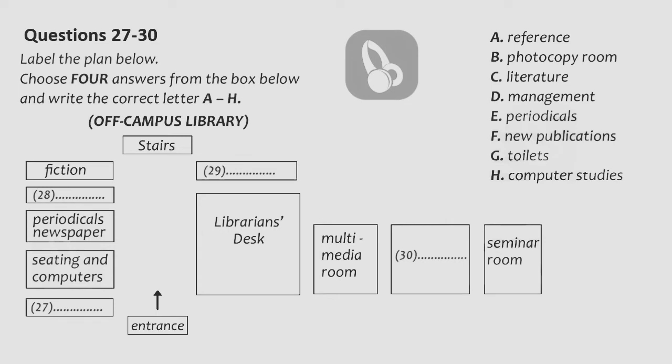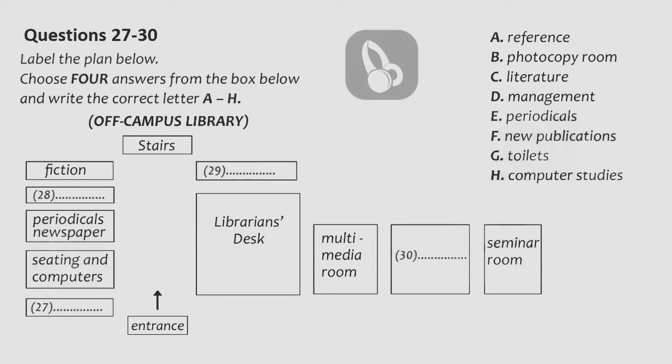Now, what's this? You know, they keep going on at us about how we don't use the off-campus library enough. I suppose this question is to test if we know where things are there. So here's a plan of the library. You use it more than me. I've only been there once, actually. You tell me. Right. So as you go in, the librarian's desk is on your right. Directly opposite is the section for new publications, new books the college has acquired. Some of them are actually written by our own teachers, interestingly enough.